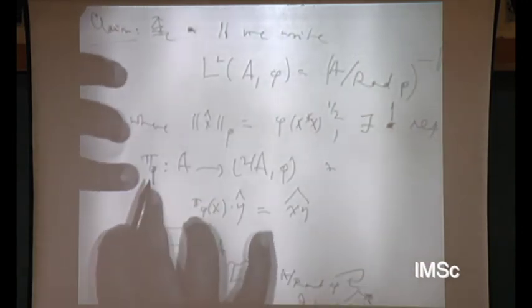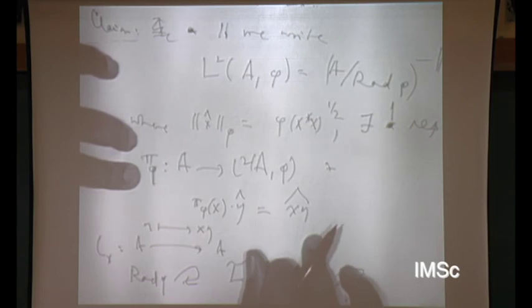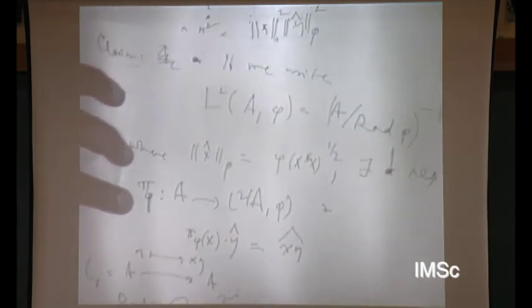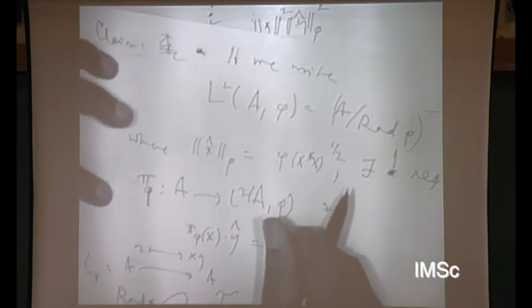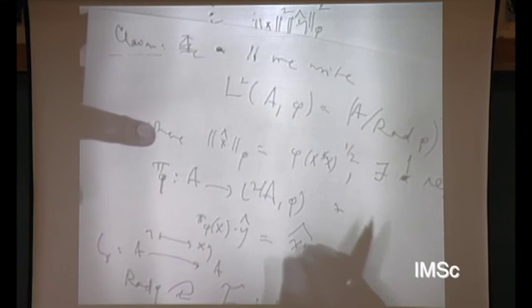That there exists a mapping from here to here doing this. We still have to verify that this is a representation. That means products, adjoints, and so on. So we'll do that next time, and then we'll